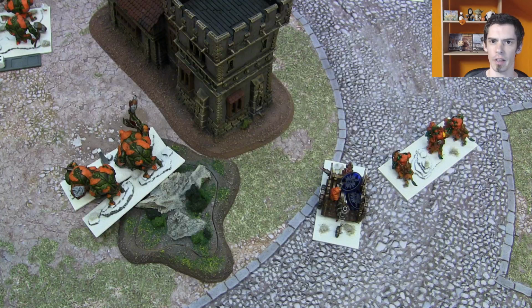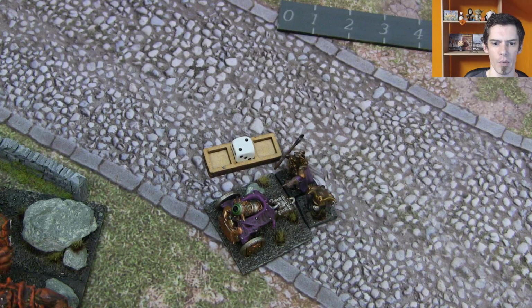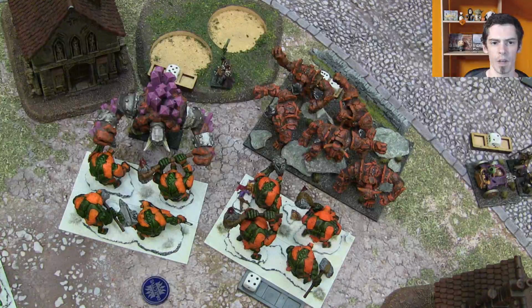Turn 2, so the Mincer moving up again, and the Sniffs are advancing there so they can shoot. I think they're going to be shooting at the War Machine here. All the other trolls have gone up, and a couple of damage plinked onto the mortar there from the Sniffs. And look at this, so the trolls that were damaged from the flame attack,